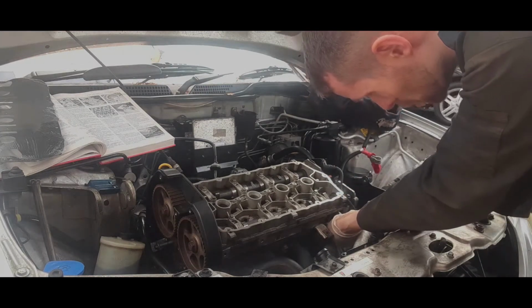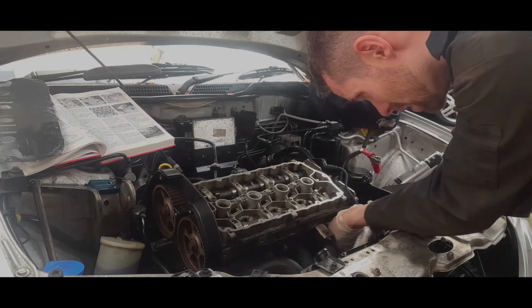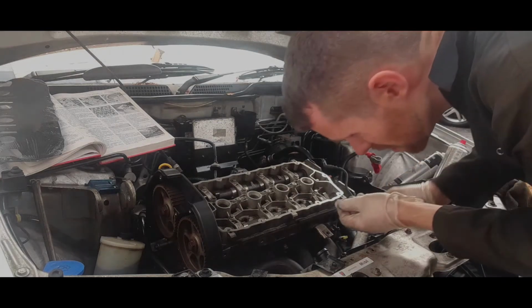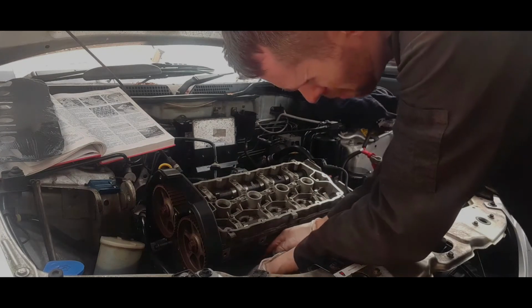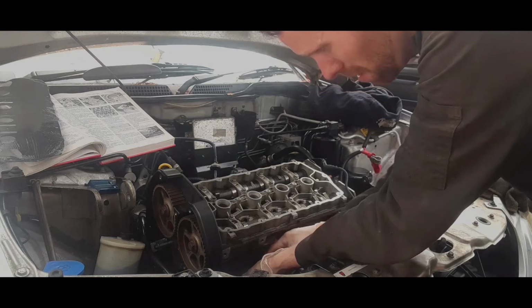Do a bit of a wire brush. The threads are a bit funny, but they'll do for now. They're always tight. And just put that one underneath. Sometimes I need to employ a child. I mean, I haven't, and don't get me wrong, I've